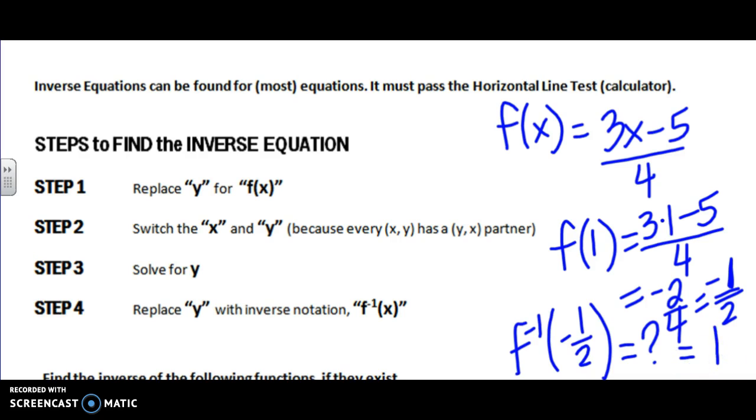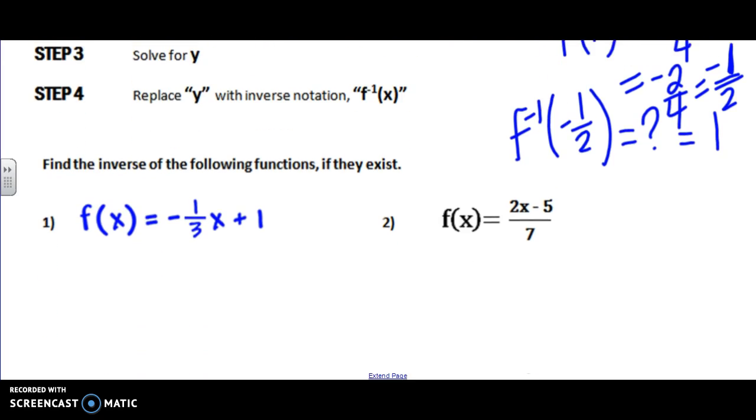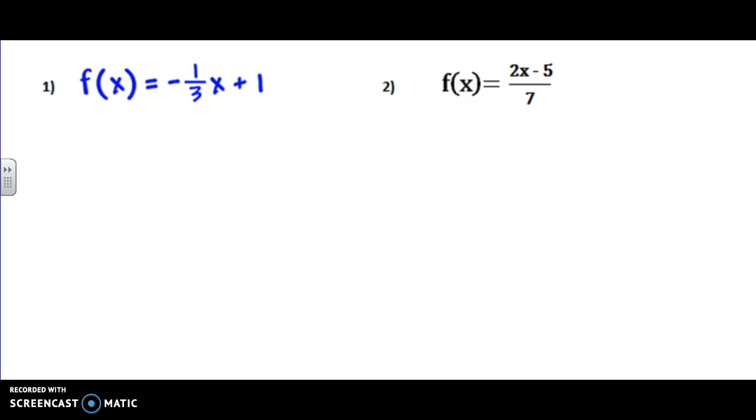Okay, and over here to the left are the steps that are going to help us accomplish that. So if you look at those steps, you're going to, first of all, get rid of this type of fancy notation for just a few minutes. Then we'll plug in a y instead of f of x. And then we have to interchange our x and y, just like what we were doing before. And then the biggest job is solving for that equation. And then we replace y back with fancy f inverse notation. Okay? And I'm actually going to start with 2 and not number 1, and then we'll come back to it